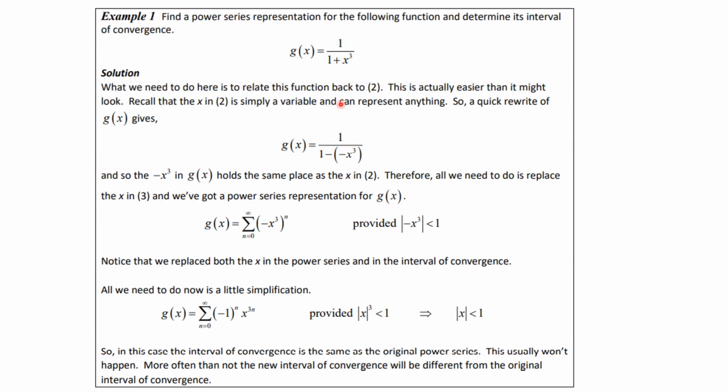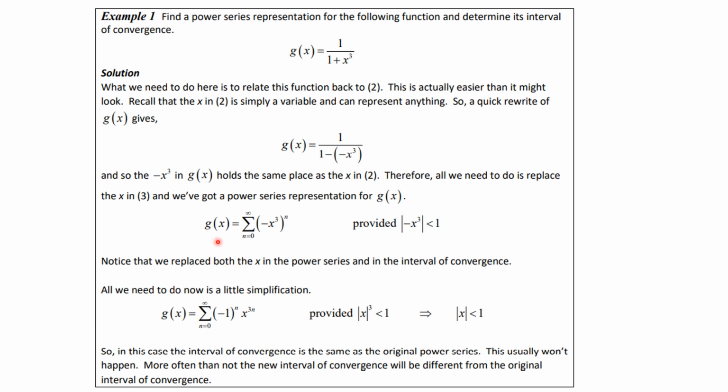All right, so what we're going to do is take the given function and rewrite it as g of x is equal to 1 over 1 minus, and this is minus x cubed. And if you think about a minus times a minus being a plus, you'll see that this is another representation. But now we have this in the form of 1 over 1 minus something. And so the minus x cubed holds the same place as the x in our earlier equation. Therefore, all we need to do is replace the x